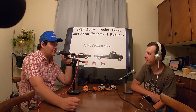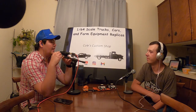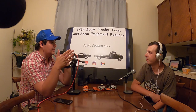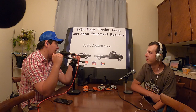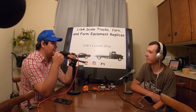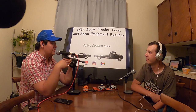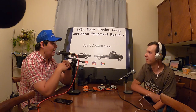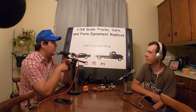And then you can also buy the old Ertl style of lowboy trailer and basically build walls and a top rack. And then you get that truck with it. And if you've saved enough money, you might be able to fill it full of cars. Buy a bunch of Hot Wheels. And then there's the 3D printing method, which I've also done, if you have one, or even if you know